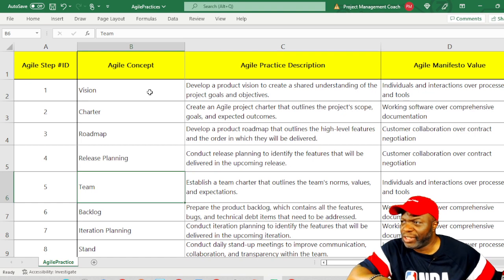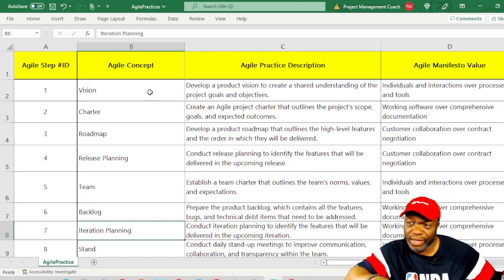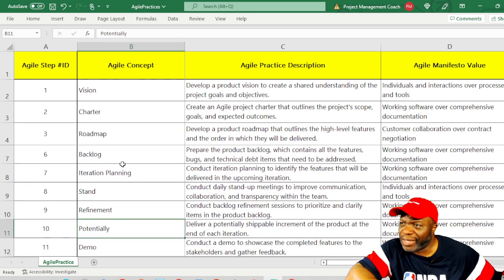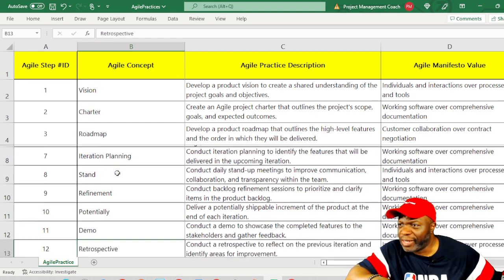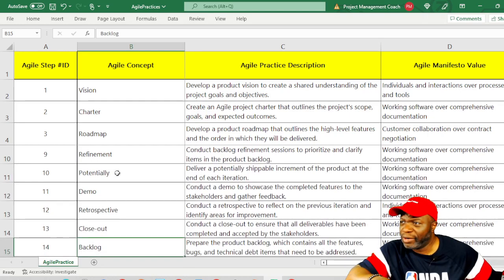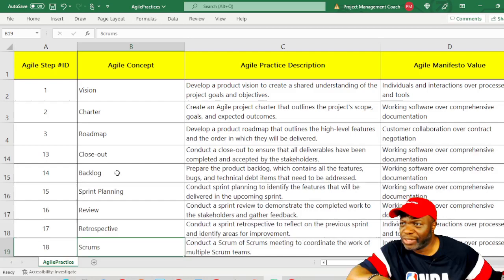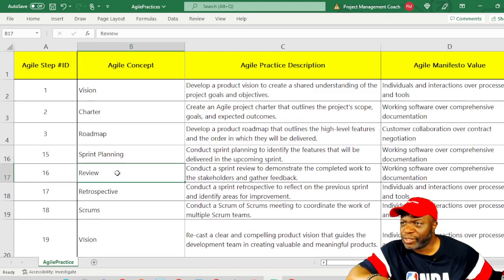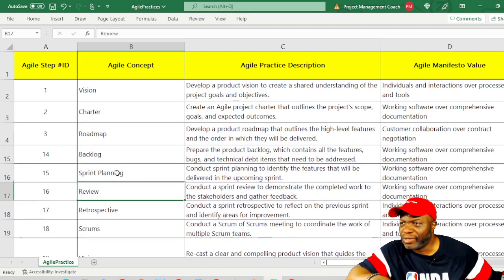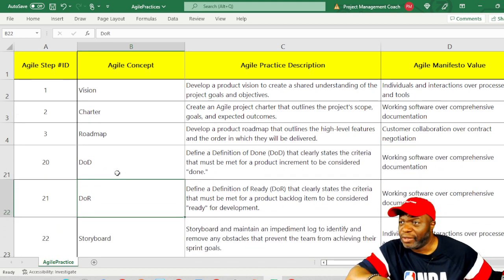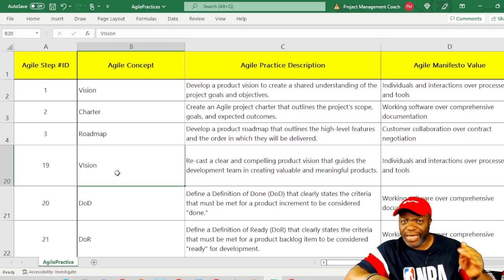So we establish a team charter that outlines the team norms and the expectations. We have a backlog, a product backlog that's prepared. We have iteration planning that's done, the daily stand-up, refinement, the potentially shippable increment, demo, the concept of retrospectives, closeout, backlog, sprint review, sprint planning, retrospectives, the daily scrum, the scrum itself, the concept of visioning at a lower level